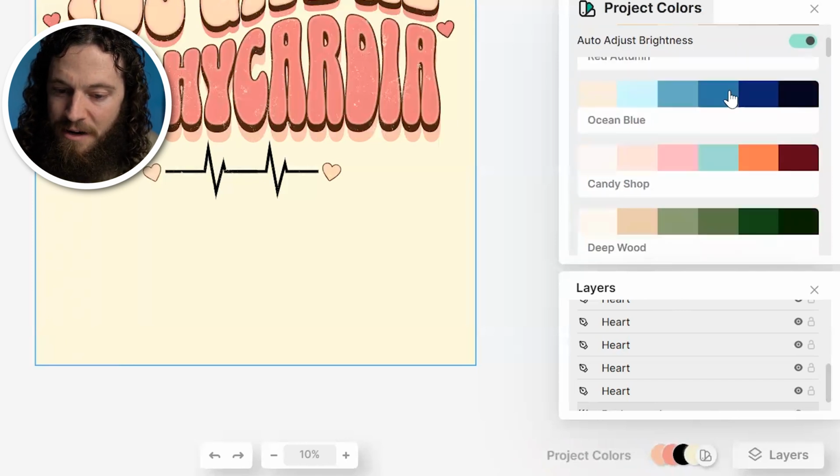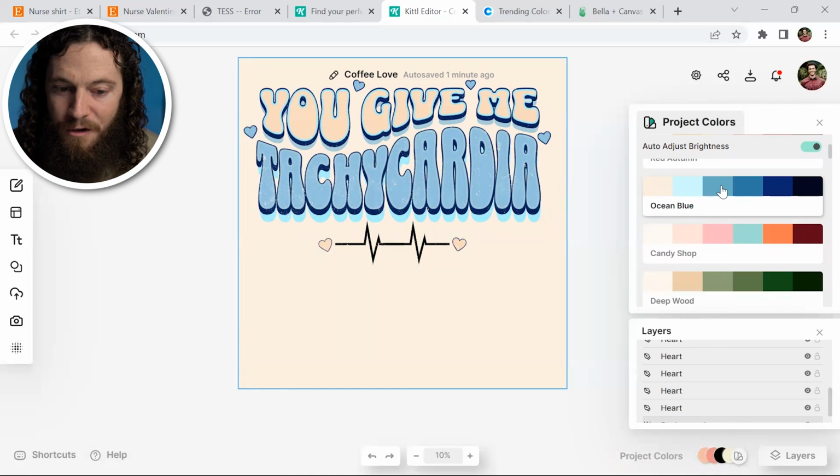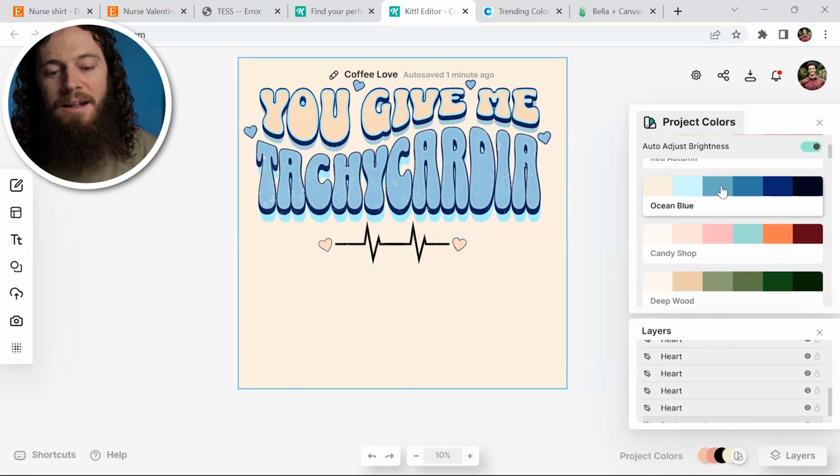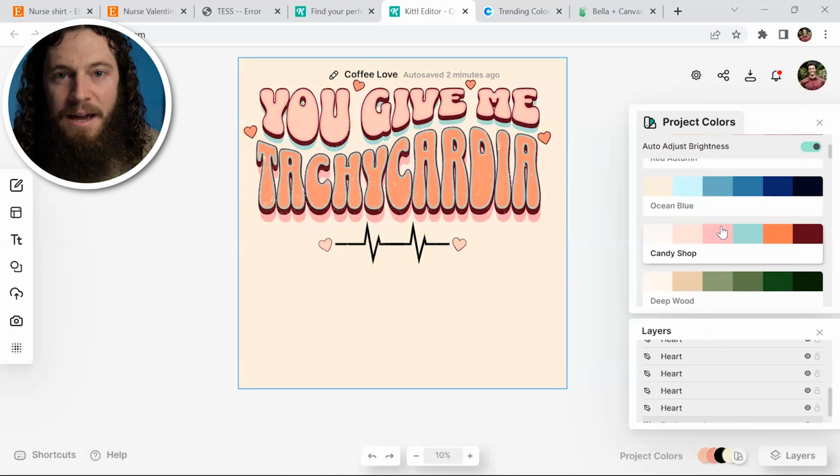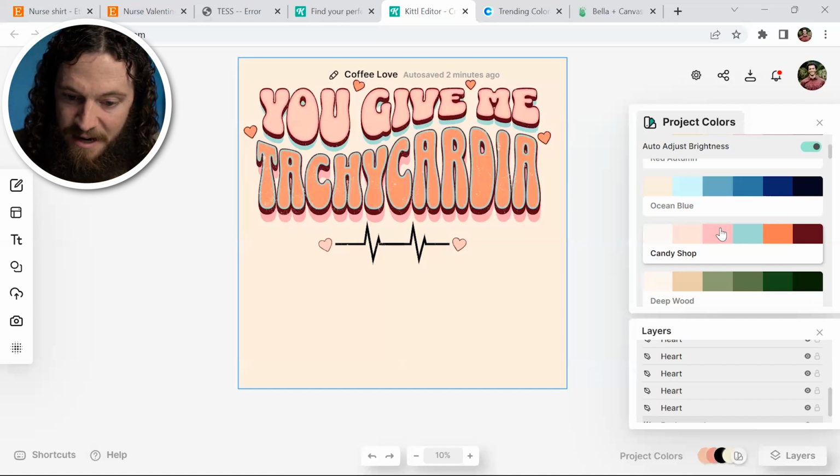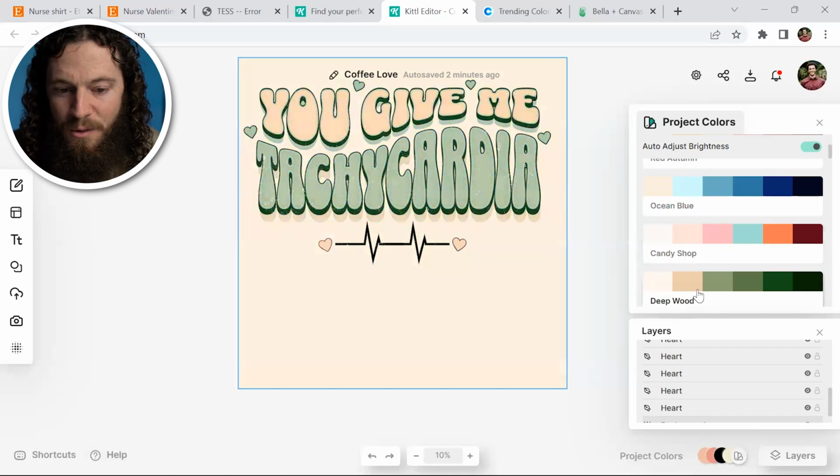And if I scroll down here and I highlight over these different color palettes, you'll notice it automatically adjusts the color for each layer on my project. And what I love about this is you can quickly create different designs with just different color palettes. So I can upload a design with this candy shop color palette, then one with this ocean blue color palette, with the deep wood color palette,